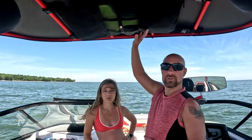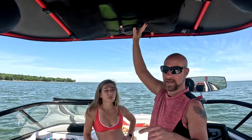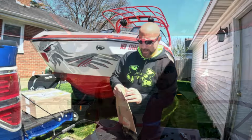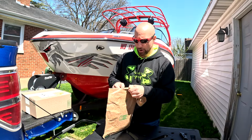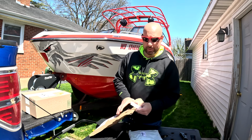So we've got this compartment storage up on our tower right now. It came really nice. You got to see the unboxing of this, and then we'll give you more details on it. If any of you guys watched my video late in the season last year about one of the 5 things that I had added to my boat for